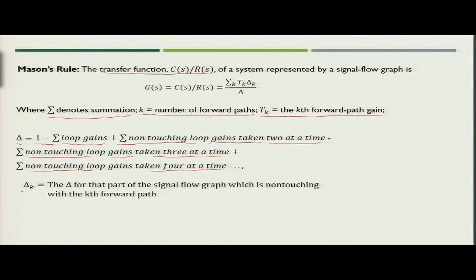Now, what is delta_k? Delta_k is the delta for that part of the signal flow graph which is non-touching with the kth forward path. So, we close our discussion at this point of time